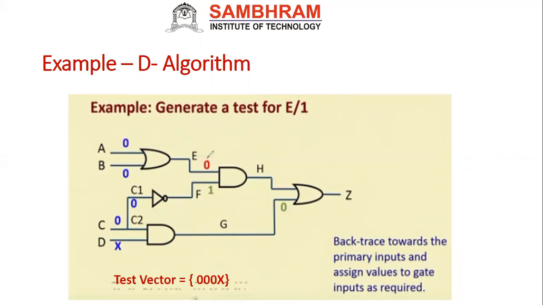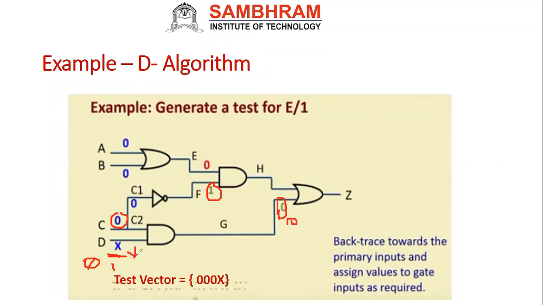When both are 0 only, I'll get a 0. So apply 0, 0. Now here it is 1. Already we know, right? Now when I get this one, the inverter is 0 only. Then this is 0. Now you see this is 0. When this is 0, I'll get 0. Now you'll see I don't know what this is supposed to be, because D actually can be 0, I will get 0. Even if D is 1 also, I will get 0 only. That is what I can do.